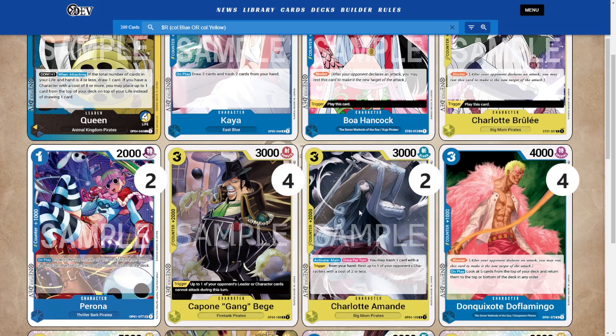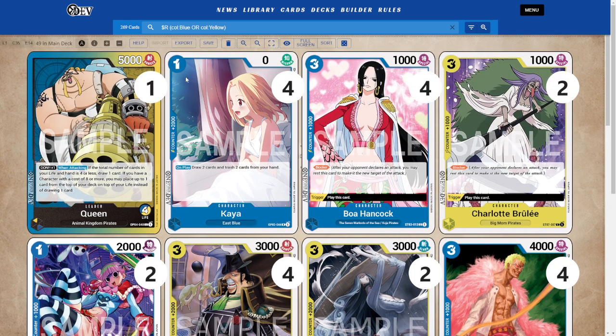But I tried Charlotte Amandi because, logically, it was between Charlotte Amandi and Struisen. In my mind, they both trash a card, which does have potential in this deck. It has some kind of utility. But here's the problem: this is a 3 cost that does that. Yes, it hits a 2 or less, but there was a game,